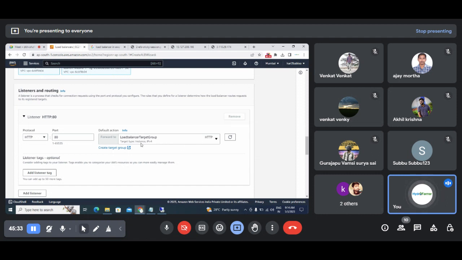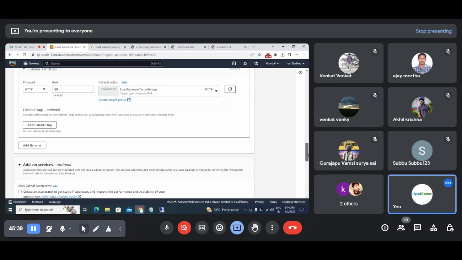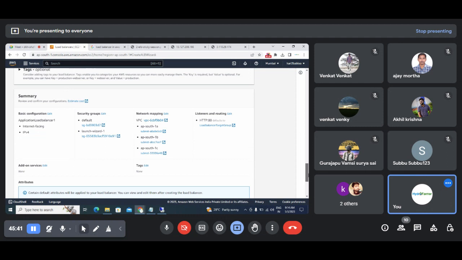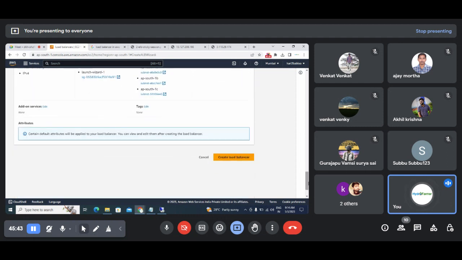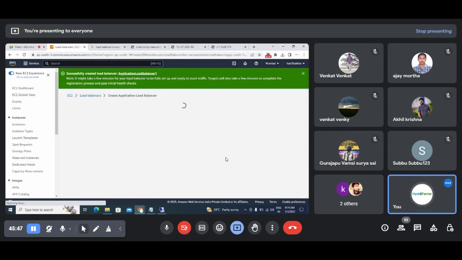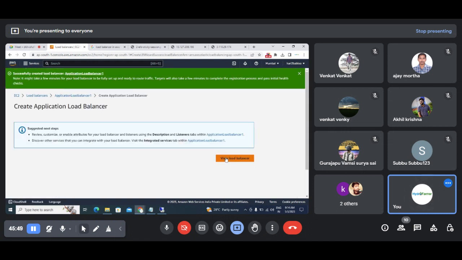Here I'll be attaching my target group, which I have created earlier. Okay, so I've selected my target group, and then I'm asking it to create one load balancer. So create load balancer, right? As you know, the load balancer has been created instantly. To check our load balancer, we'll click on this view load balancer,